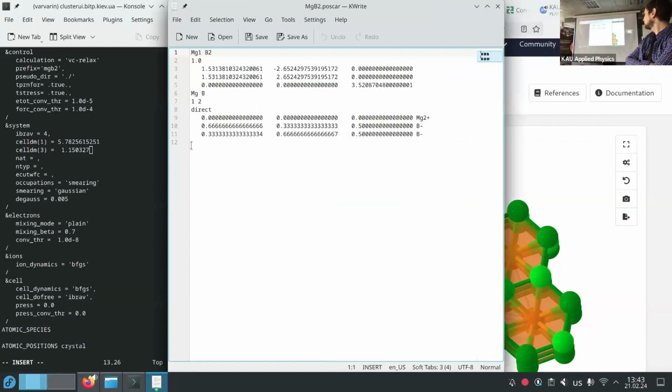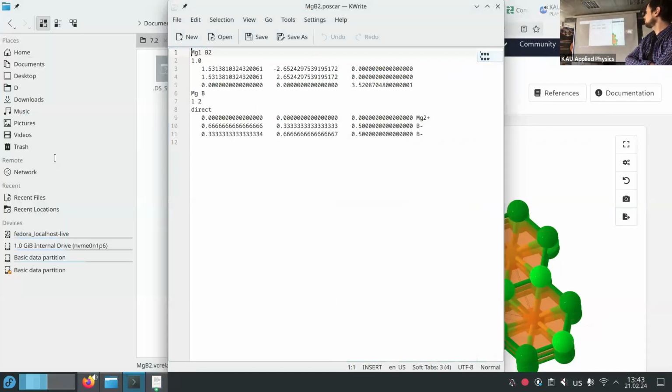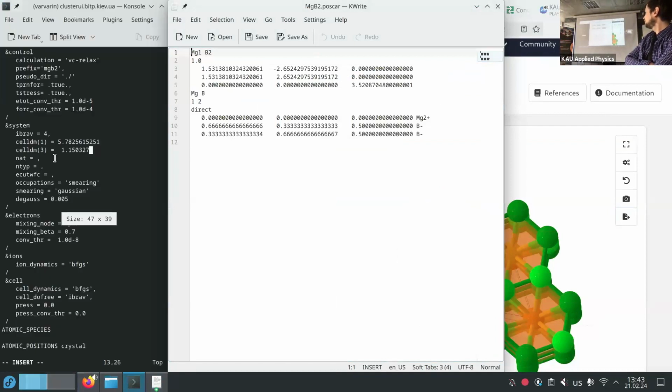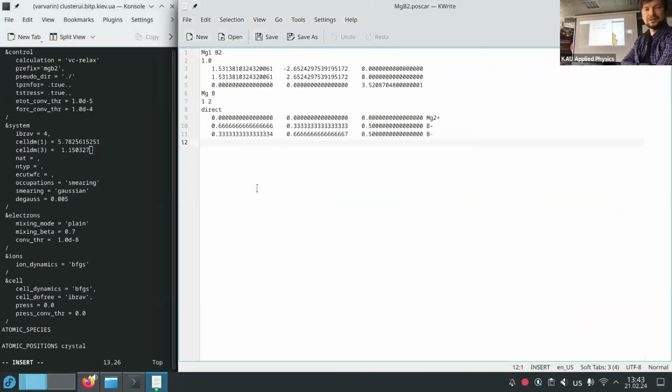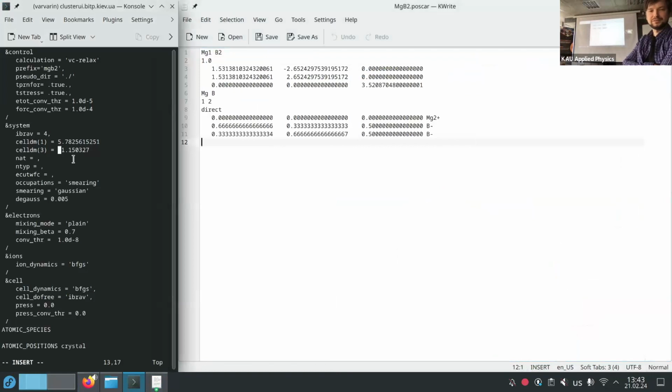Do you follow? You should get the coordinates. The easiest way to get them is from the POSCAR in Materials Project. So here we have 3 atoms, so not 3, 2 types of atoms.